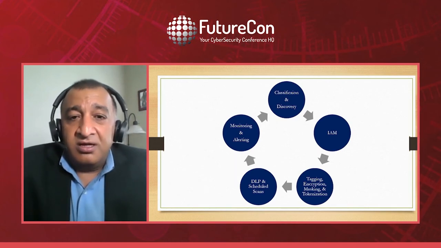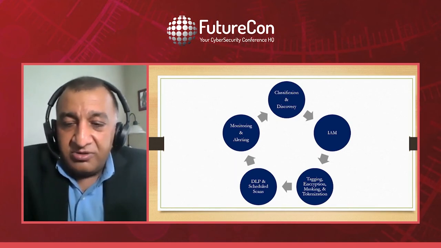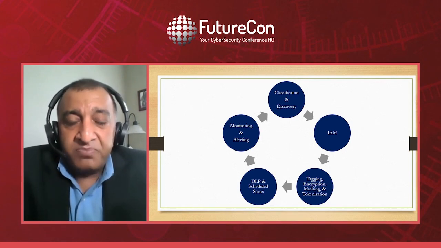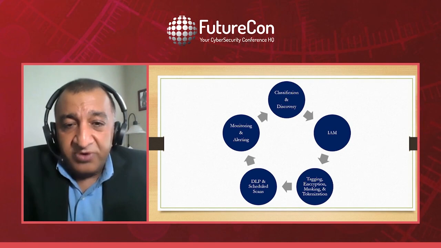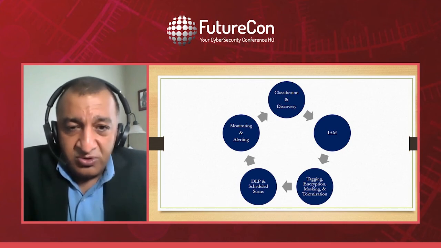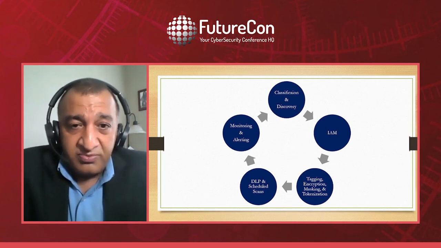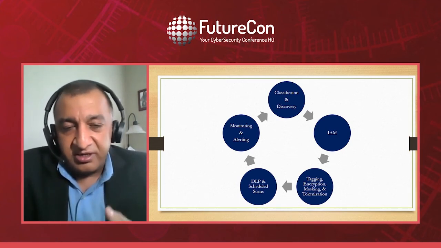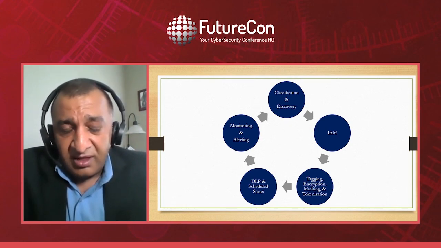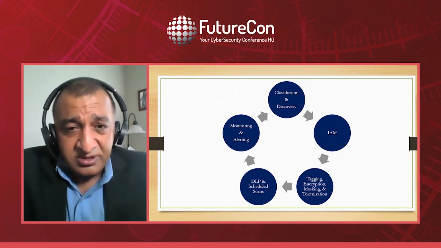Okay. So I think we're coming to the end of this presentation, and this is nothing but a brief of what we already talked about here, right? We go through classification and discovery. Classifying is based on compliance and regulations, and discovery is data governance. You discover data, you create data lineage, data flow mapping, right?